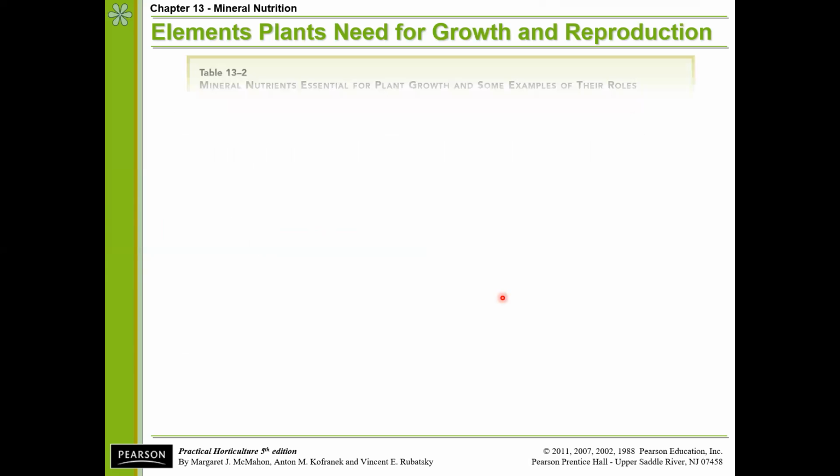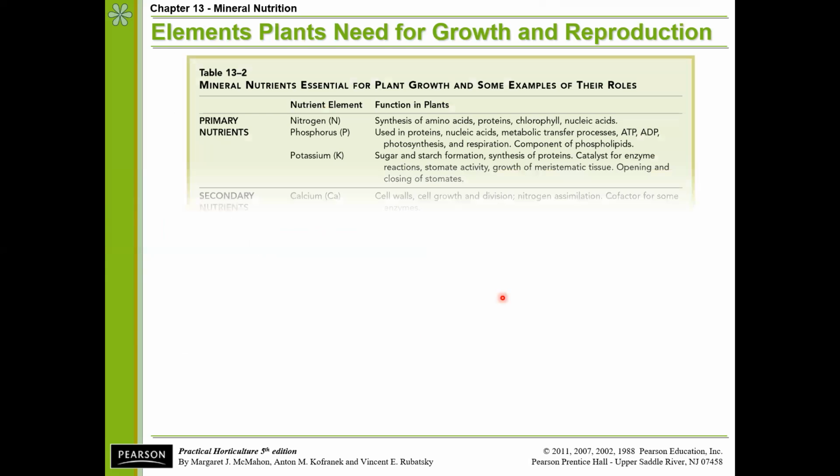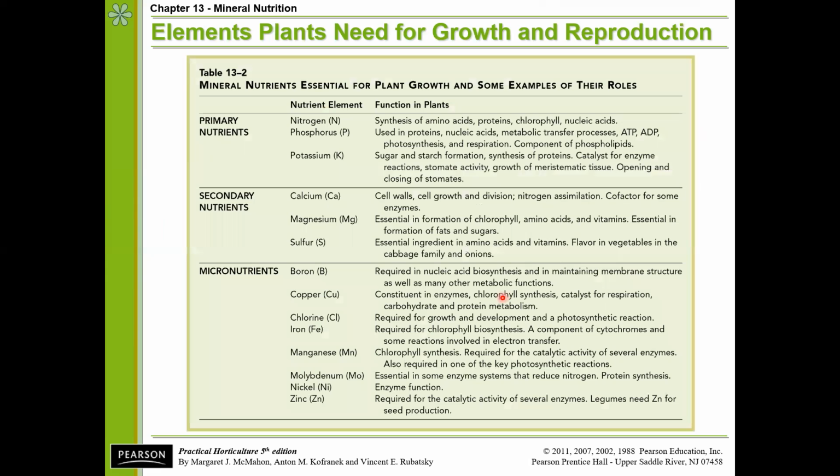All right, so let's talk a little bit about their roles in plants. So first, nitrogen is, as I mentioned, part of chlorophyll. It's also in the nucleic acids, also a huge role in proteins and the synthesis of amino acids into proteins. So it's important for pretty much every part of the plant's life cycle. It has to have nitrogen in order to be able to utilize the carbohydrates to make everything else the plant